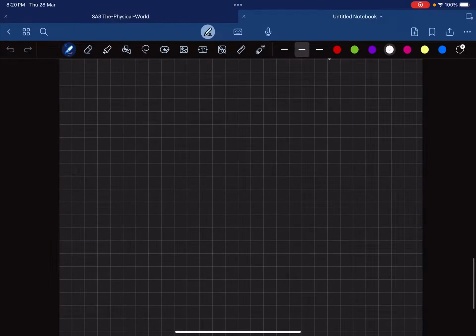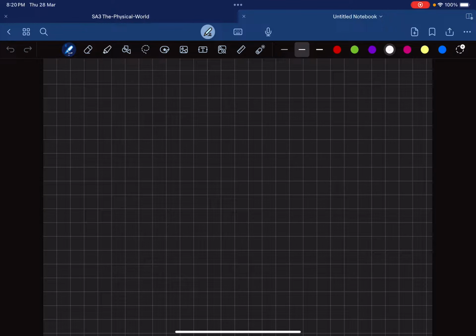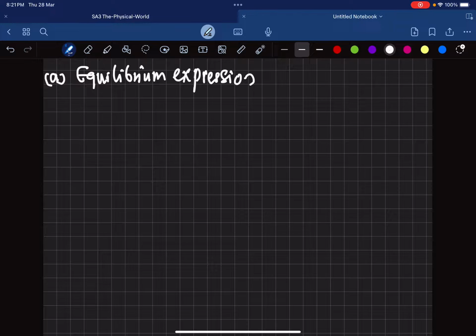Okay, folks. Now, in this video, I'm going to explain a few concepts. First of all, maybe what we'll do is the equilibrium expression. Okay, we did that in last class, but I just want to go through this again. Equilibrium expression. And then we want to look at